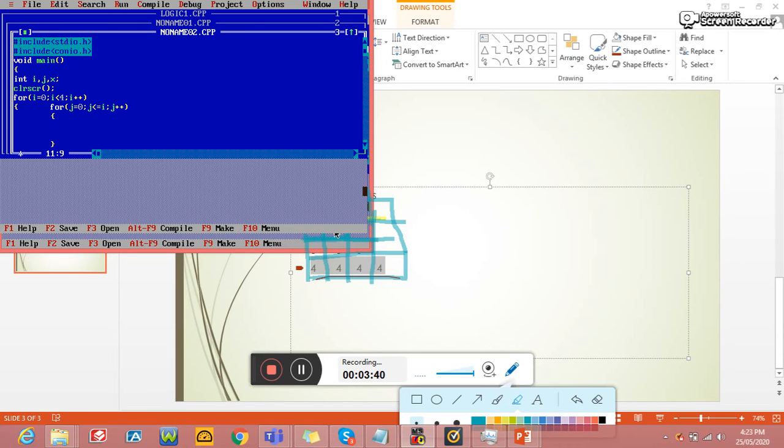Now I am printing the values. In printf, for example, x should become 1 for the first row, right? As you know, on the first row it should be 1, so I am printing the same, comma x.